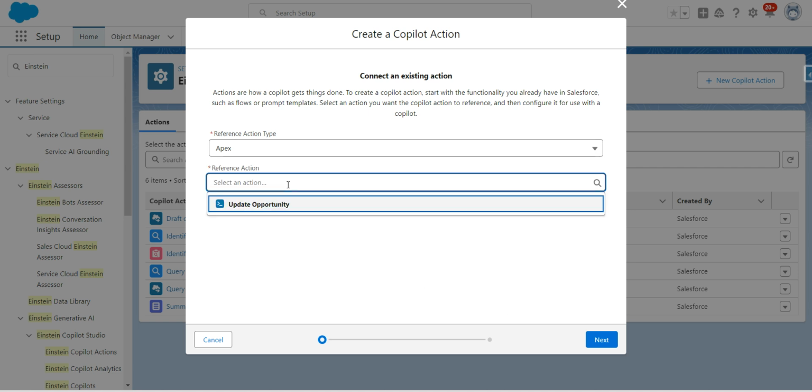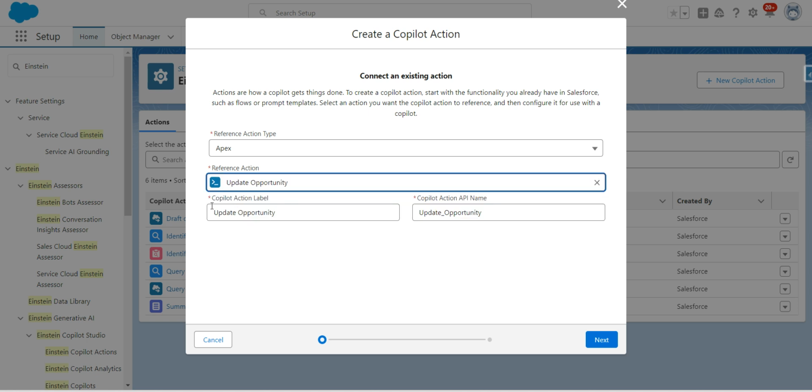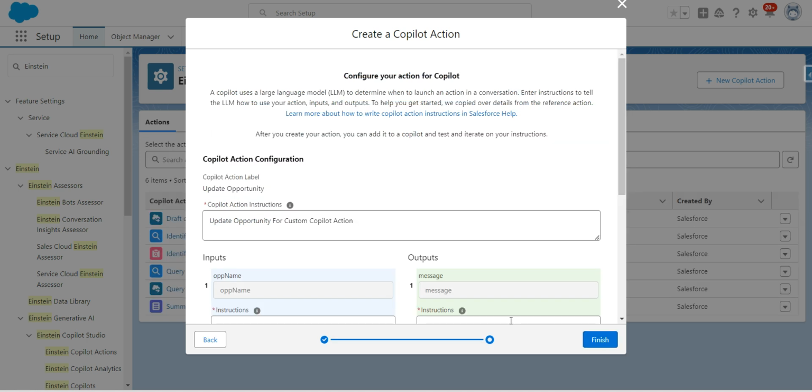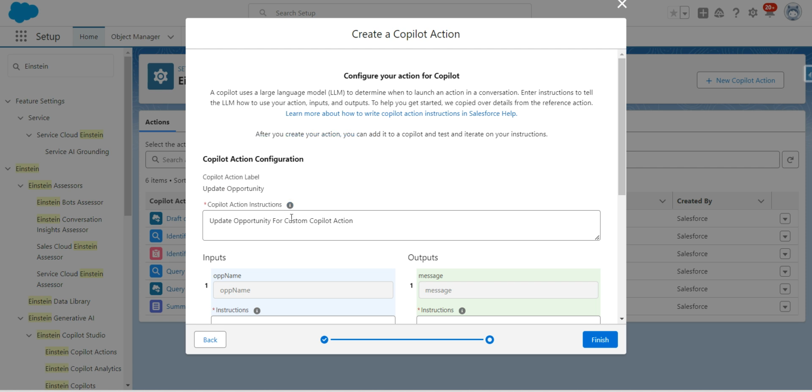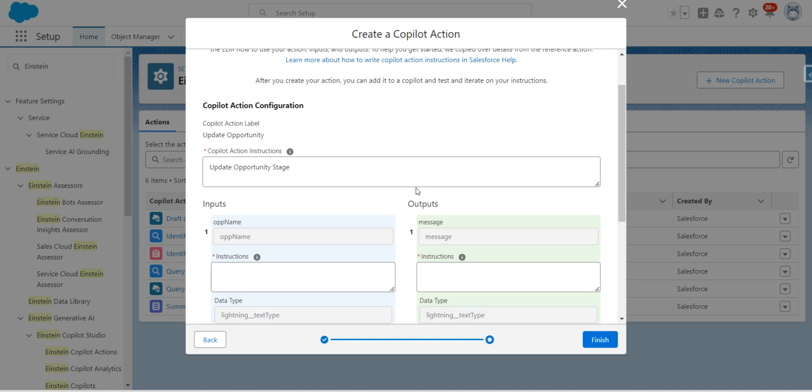And here I'm going to search for the invocable method which we created. So this is the invocable method which we created just now. I'm going to select this, and if you want to change the label you can do it. I'll click on next. So now these are the instruction: update opportunity for custom Copilot action. So update opportunity stage. So I'll just name this as update opportunity stage, and input